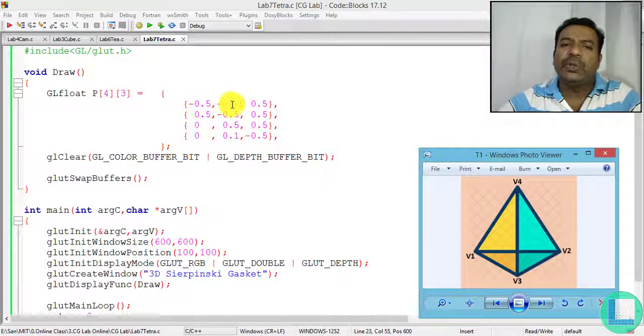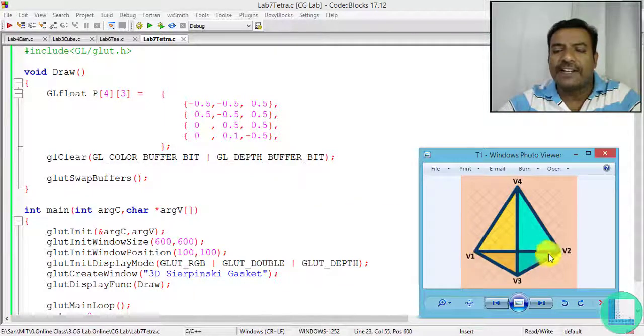And now this is going to be the x and y axis. If I'm going to have this as a triangle, and this is going to be minus 0.5, minus 0.5, this is similar to drawing a triangle. I just want to draw a triangle, hence I am using these as the points.